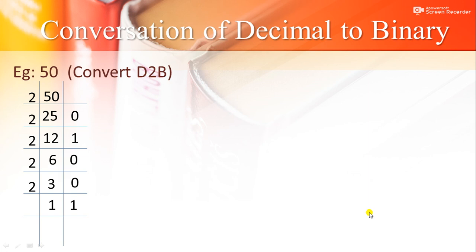Now over here, we will write 2, then this one is shifted over here, that is on the remainder side, and in this way we will put 1, 0. And next we will go in reverse order, that is down to up in the arrow, as you can see. So answer is 110010. So students, this is the conversion of decimal to binary.